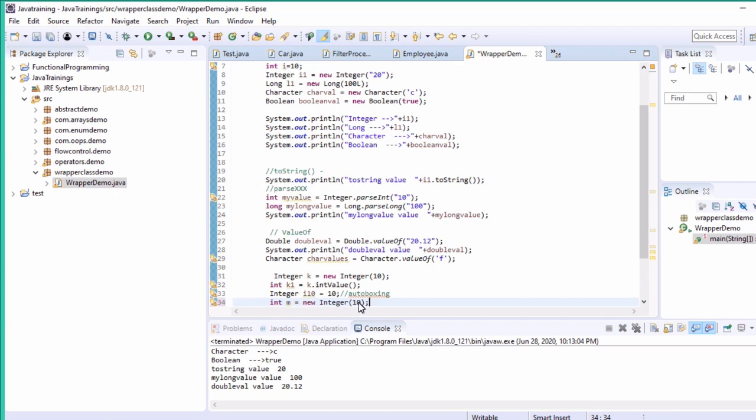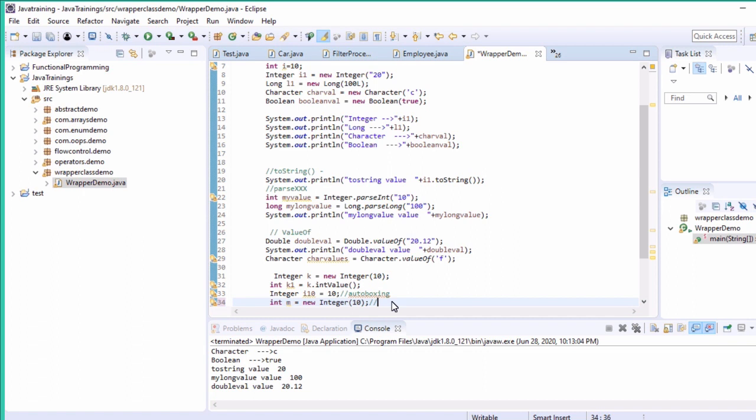See, you are assigning a wrapper class into a primitive. This is the way you can do auto unboxing. This one is auto unboxing, this one is autoboxing. So these are all the ways you can make use of wrapper classes.